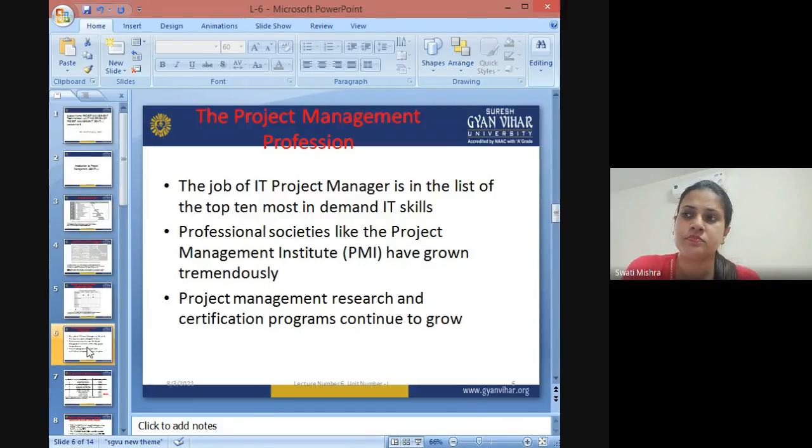They also do a comparative study of those projects with some projects which have been taken up by different organizations in the past, and they give fruitful results to those organizations, telling them the success rate of that particular project, also telling them about the contingencies they should be ready with, what kind of resources would be necessary in that project, what kind of tools would be required for the successful completion of the project, and if any special HR management policies would be required, then that is also explained in their research.